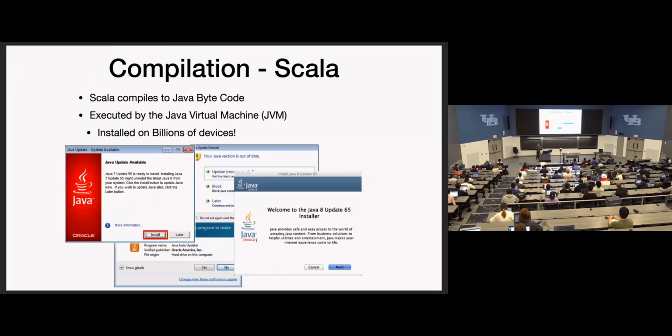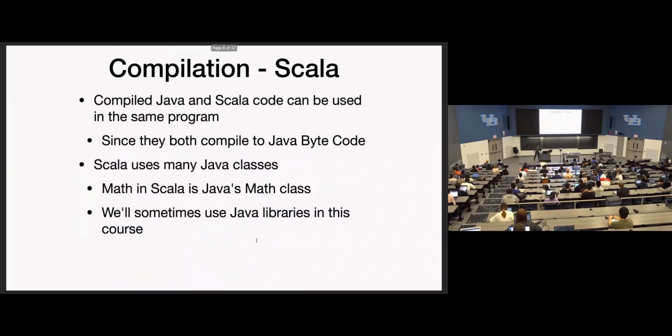Java runs everywhere. Java bytecode runs everywhere, so your Scala code is running everywhere. And in addition to that, since Java and Scala both compile to Java bytecode, you can mix these languages in your code. You can have some Java code and some Scala code, compile them both down to Java bytecode, and the Java bytecode runs just like it was one language. The Java virtual machine will interpret the Java bytecode and run that as an interpreted language. And the JVM doesn't care or even know that that code came from Scala